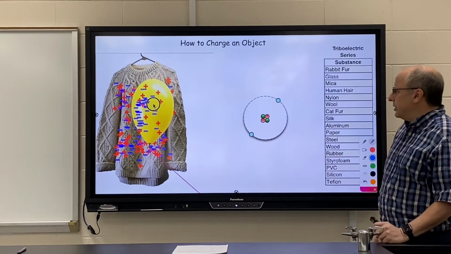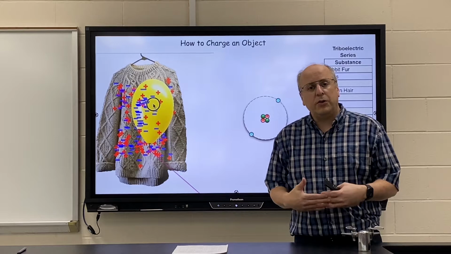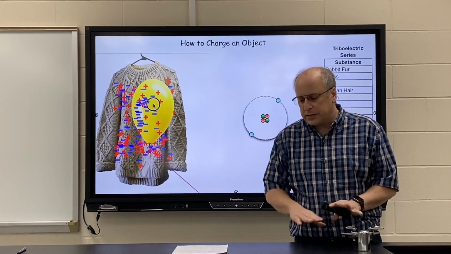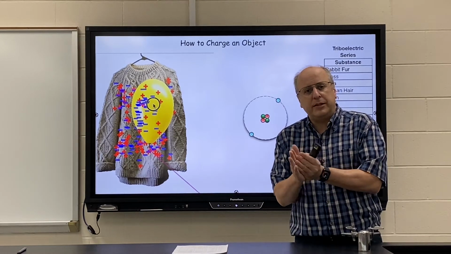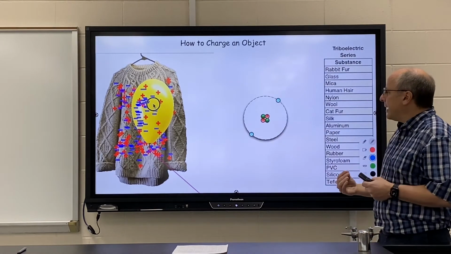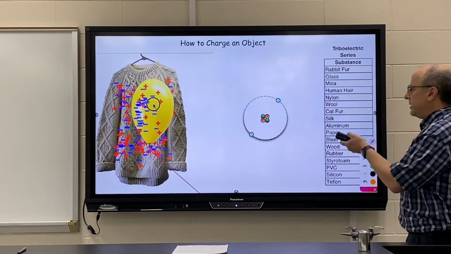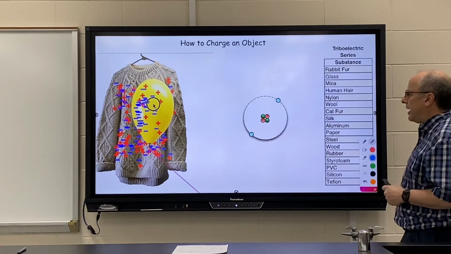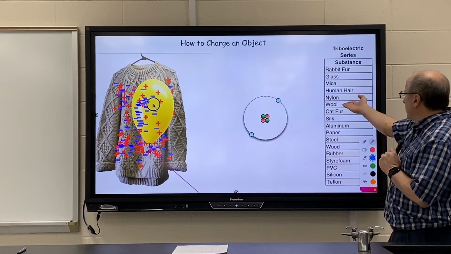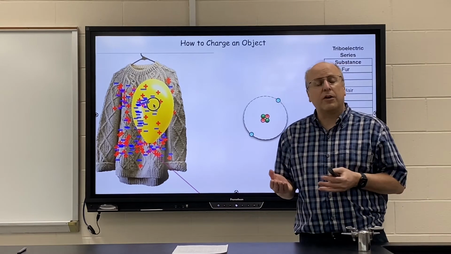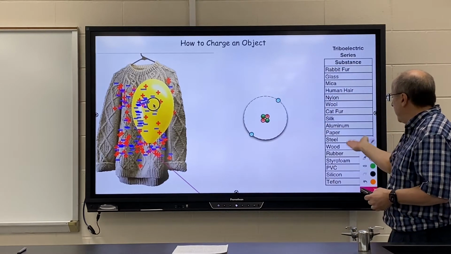Okay, so how do you charge an object? Hopefully you remember that you charge an object through friction. So you can rub your feet across the carpet, you could slide your body across a seat. Either way, the friction between the two different surfaces will rip electrons off of one surface and deposit them on another. In this case, we used the sweater and the balloon. The balloon was like rubber, the sweater was like wool. The one that's higher up on our list tends to lose electrons, so the wool becomes positive and the balloon